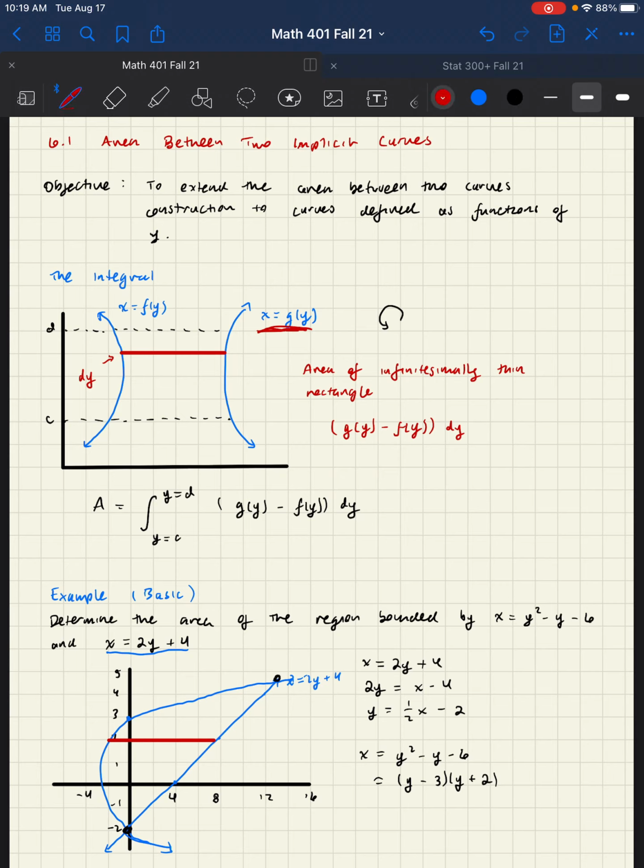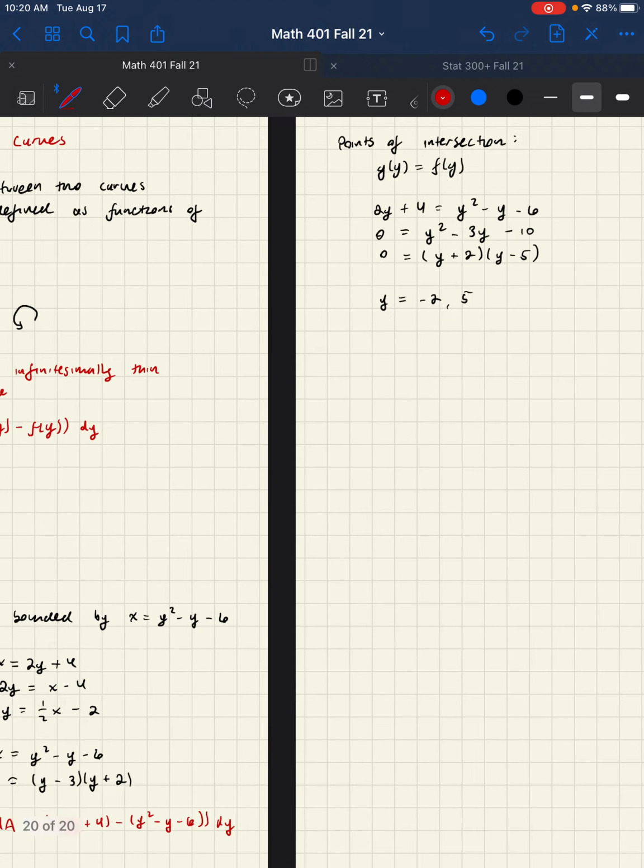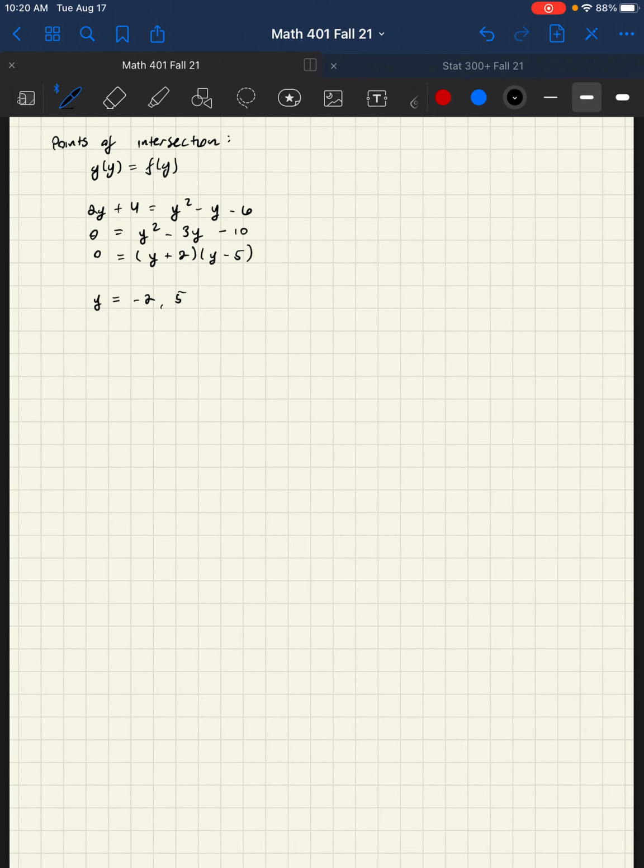at the infinitesimally thin slice, which I'm going to start abbreviating dA, it is going to be the upper curve, which is the 2y plus 4, minus the lower curve, which is the quadratic one, the y squared minus y minus 6, dy. And we're going to take that and we're going to integrate that from -2 to 5. So the area is going to be the integral from -2 to 5